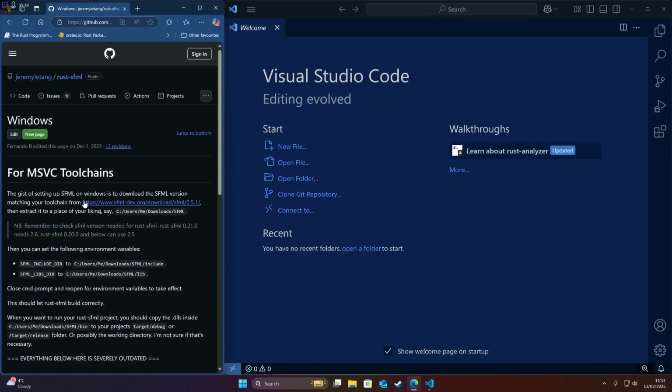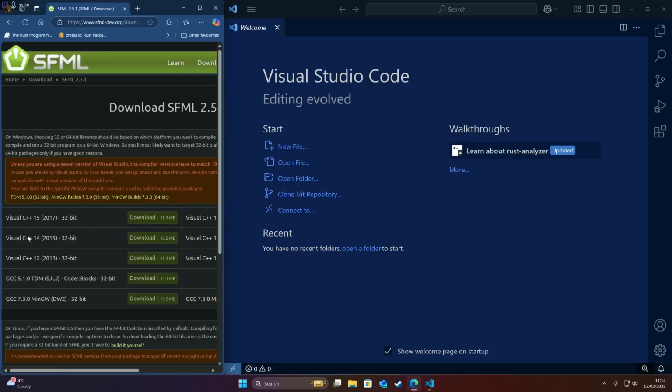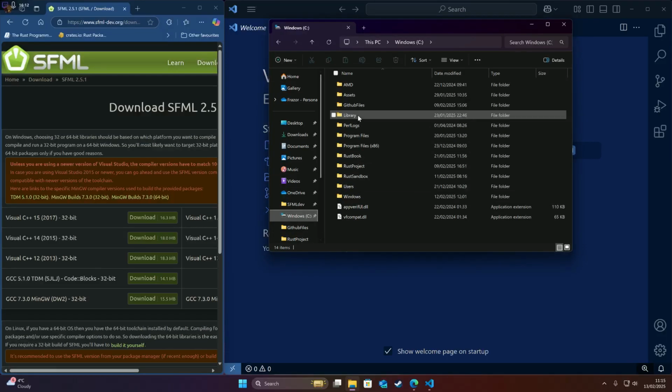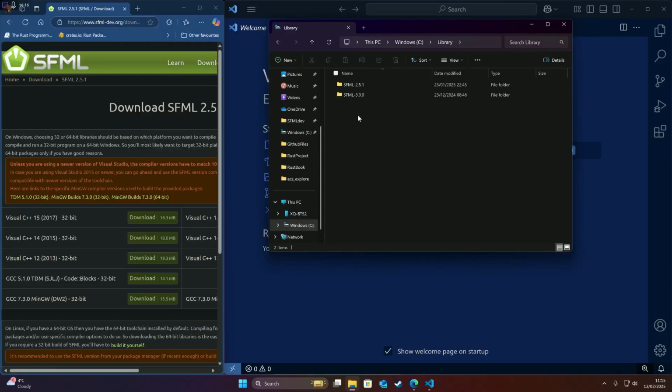The gist of setting up SFML on Windows is to download the SFML version matching your toolchain. Or your crate, not your toolchain. Which guides us to download SFML 2.5.1. You click on that, and of course, depending on what you're using, you just click on the download. Visual C++ 15. I went for the top one, I think. Just downloaded it and then dumped it on my C drive under just libraries. So here it is,